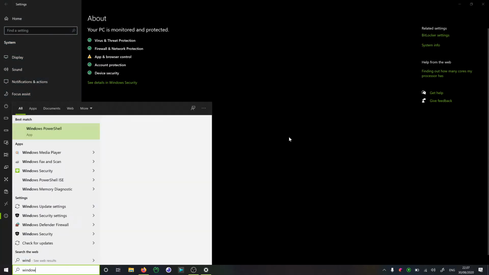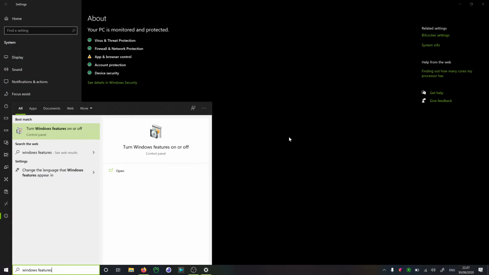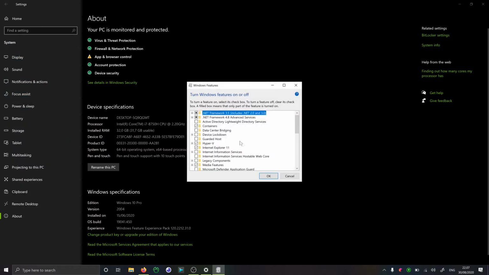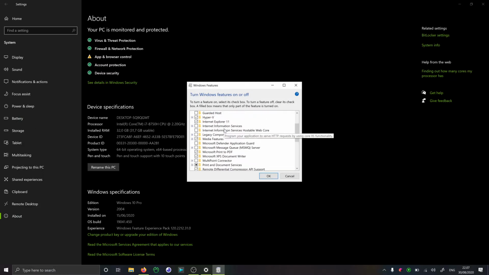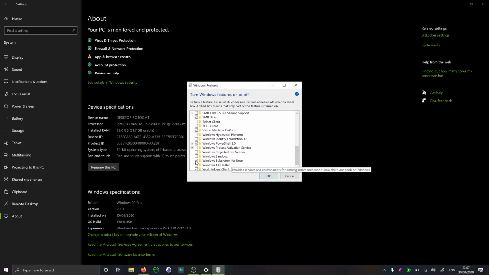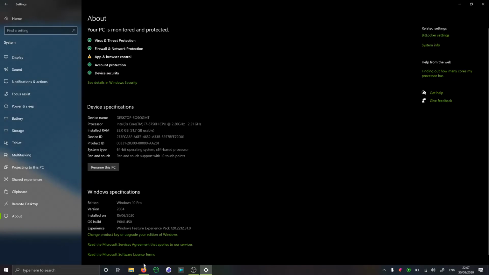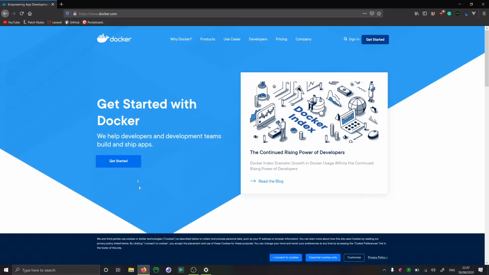So if you just type Windows Features in here, you'll see it says Turn Windows Features on or off. And if we go down to this menu, you'll see there's Windows Subsystem for Linux, and you'll have to check this. Once you've checked it, I think it's going to ask you to restart, and then you should be all set. After we've done this, we're going to go to docker.com and we're going to click on Get Started, and